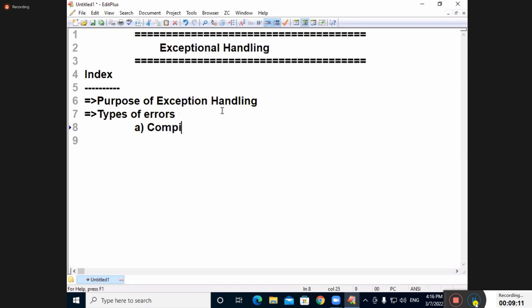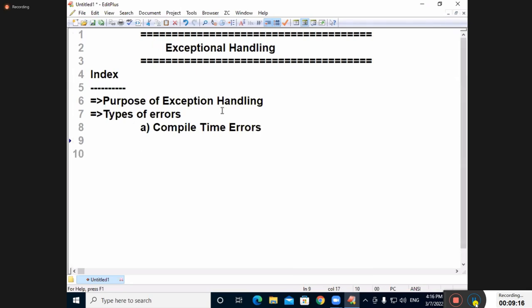Compile time errors. Today we are learning a lot of things. Be active in today's class because this starting topic is most important in real-time scenarios, especially at the data science level. Exception handling is very important in Django, data science, AI, and machine learning, in every moment of it. Without exceptions, there are no real-time applications.